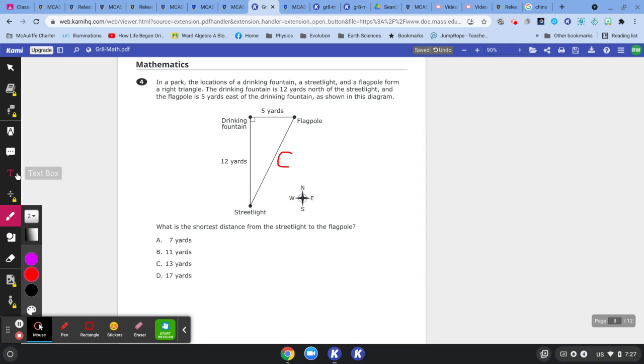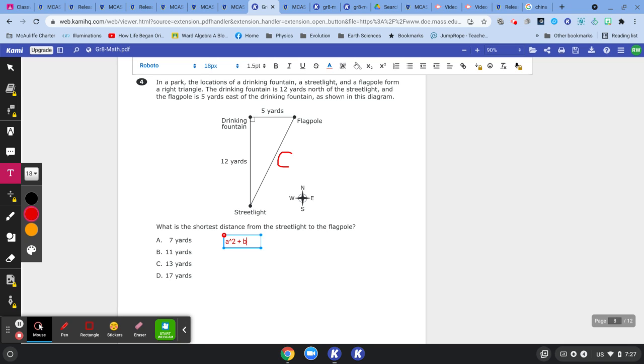So I'm going to go ahead and go down here and type in the Pythagorean theorem. Okay, A squared plus B squared equals C squared. We are after the C squared. We know that A or B is 5 or 12. I'm going to just go ahead and choose 5 for A. So 5 squared plus 12 squared equals